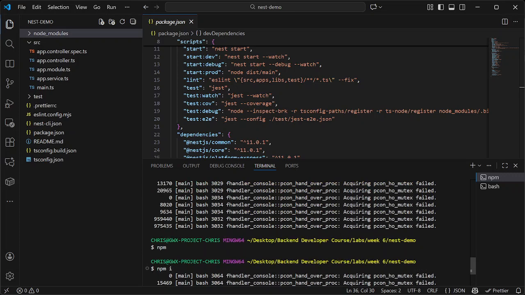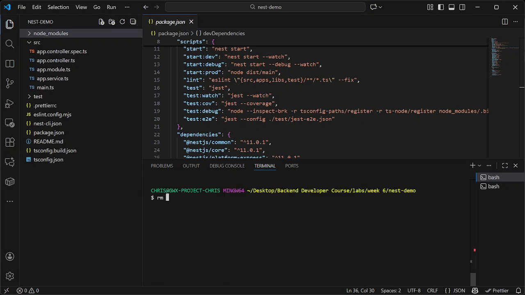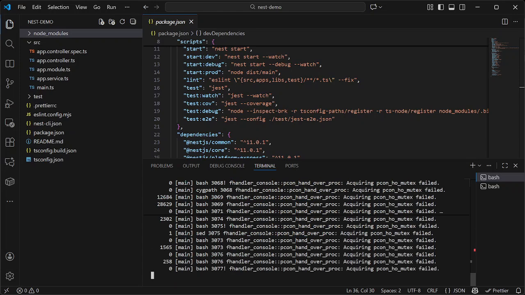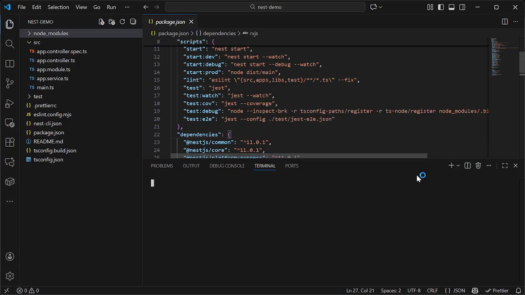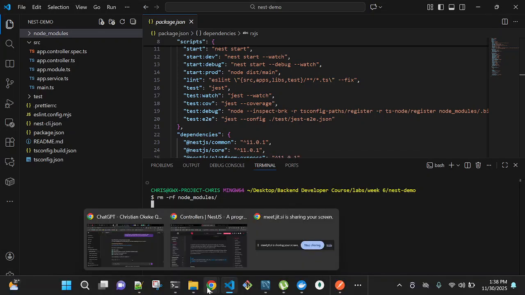Oh, let me remove the node modules. All right, I don't know why my system is lagging. Let me have a look.